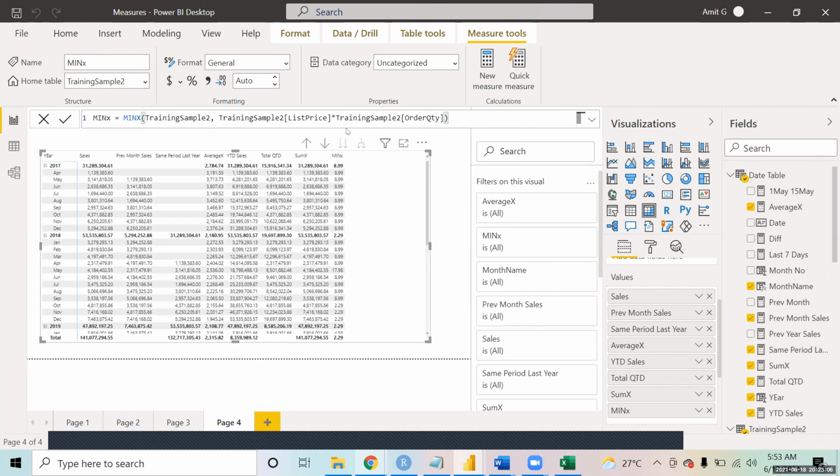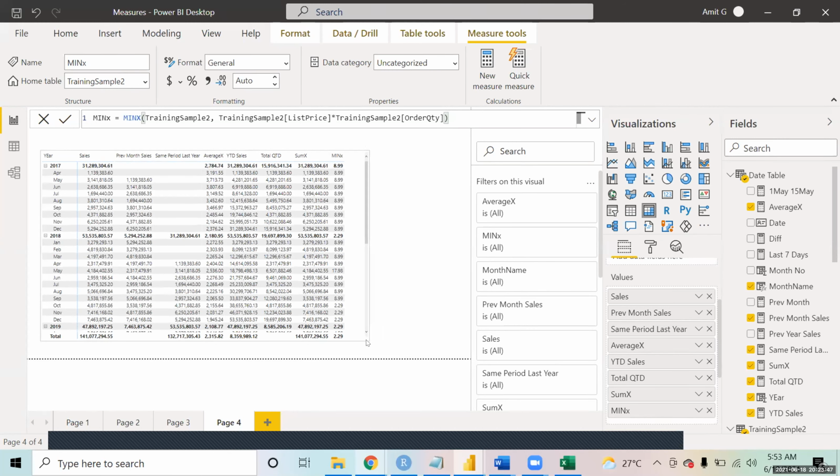So these functions, as I mentioned, sometimes can be asked in interviews as well. The iterative functions, what are they? You should be able to tell that they are the functions that end with X, and they provide the capability to do the calculations for sum, average and so on. But we should not use them because they are very heavy on the performance of Power BI. They first calculate this into this, then sum it up, and then give the calculation, which can impact the performance of the overall report that you will be making. This is how these functions work.